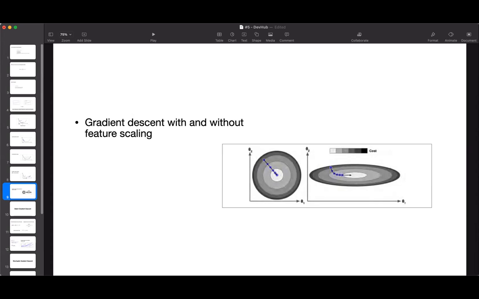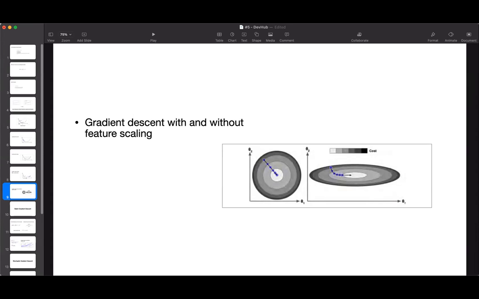So for feature scaling, there is a library from scikit-learn, which is known as the StandardScaler class, which scales all your features. We'll look into that later on when we are doing this hands-on. So that is a required thing before performing gradient descent.